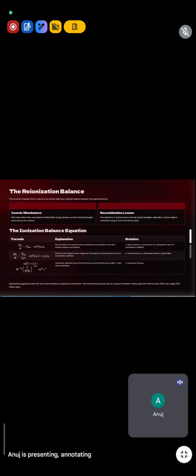So the ionization balance equation ऑलरेडी दोनों आदमी लाइन से है led to few formulas तो which उनको भी explains बहुत us the फर्क rate भी है of ionization from और photons आपको minus recombination आउटवर्ड rate आउटवर्ड shows how the ionization निश्चित है fraction changes over time आउटवर्ड से and किलोमीटर temperature dependent rate आप at which किधर free जाते electrons recombine हैं with protons. बगल में जाते हैं एक Reionization फर्स्ट छोड़ के progressed when the rate बाकी में of आप few आउट ionized डाल सकते हो outspaced कहाँ कहाँ है recombination. ये वही This ये वही momental जहाँ जहाँ process सील डाला हुआ है saw the इधर universe जाते हैं reionization नहीं जैसे कि fraction इधर एक सील grows इधर from ही आओ उधर आओ 0% to nearly 100% over roughly 800 इधर million जाते years. हैं